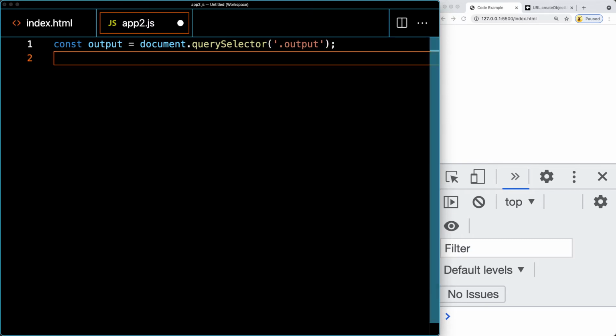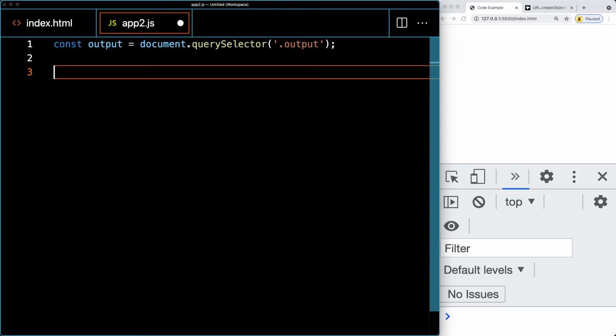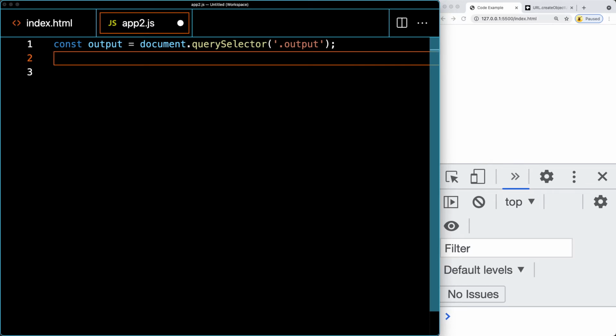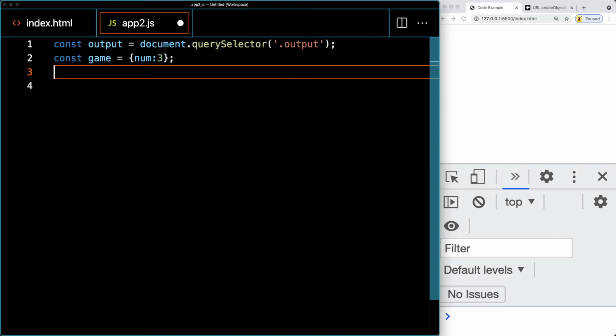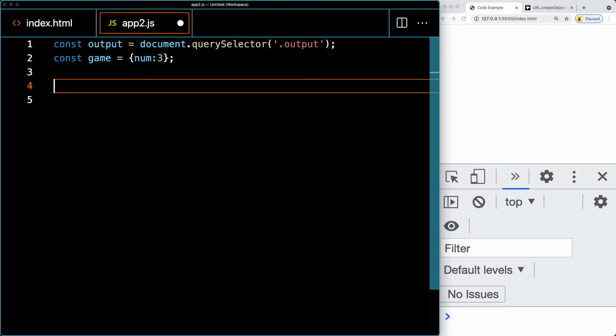And once we've made that selection, this is where we can add additional elements into the page to create our application. So as we are going to be adding multiple elements, let's create a variable, and we'll just call it game. And we can have an object actually, and within this object we'll set a variable called num. So this is going to be the number of elements that we want to create once the page loads, and we're going to be setting up on the document object add event listener, and the event that we're going to be listening for is DOM